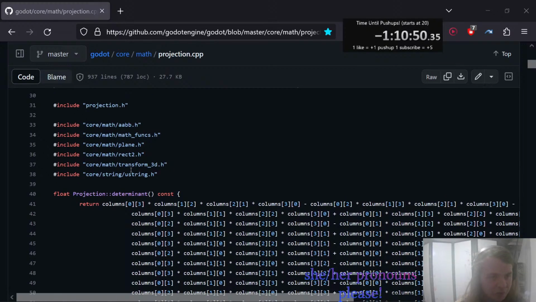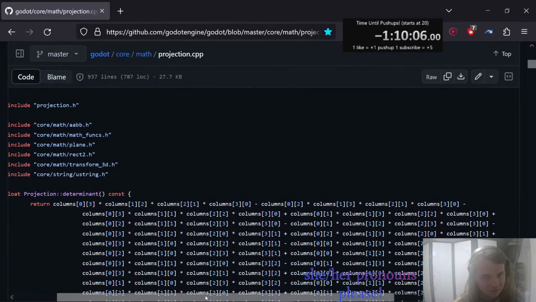#include "projection.h" #include "core/math/aabb.h" #include "core/math/math_funcs.h" #include "core/math/plane.h" #include "core/math/rect2.h" #include "core/math/transform_3d.h" #include "core/string/ustring.h" float Projection::determinant() const {